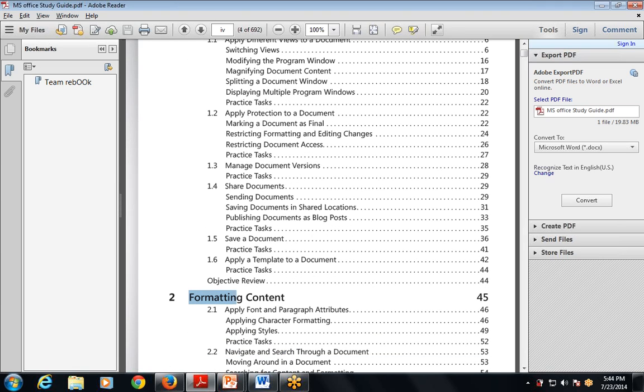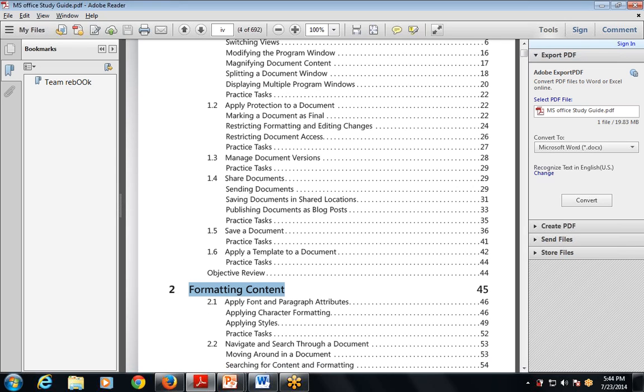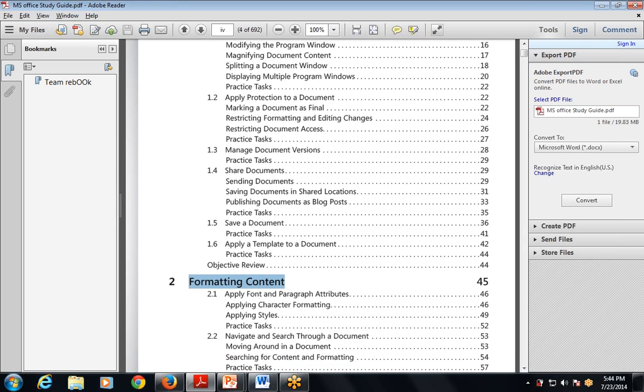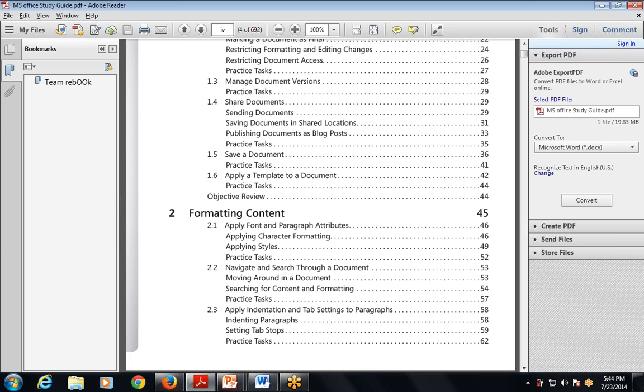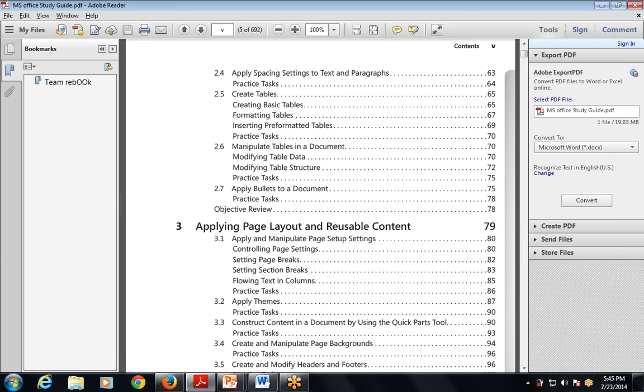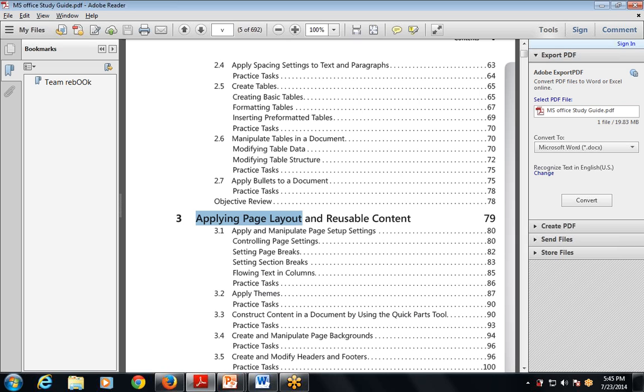Then the second chapter, as the name suggests, is formatting text, meaning how to format the contents of MS Word 2010. There are different categories of format tools available like bold, italic, underline, font size, and so on. So this chapter includes all the formatting tasks of MS Word 2010. This chapter also covers indenting paragraphs, meaning how to indent a paragraph or how to set the tab stops. Then the third chapter, as the name suggests, is applying page layout and reusable content, meaning how to apply the